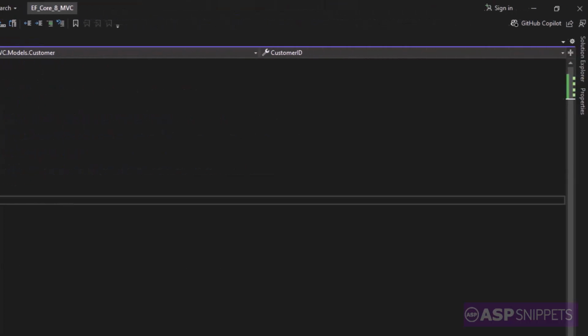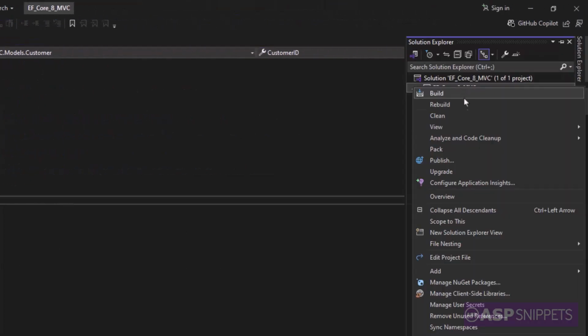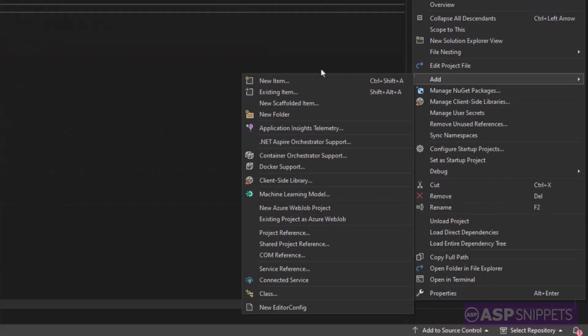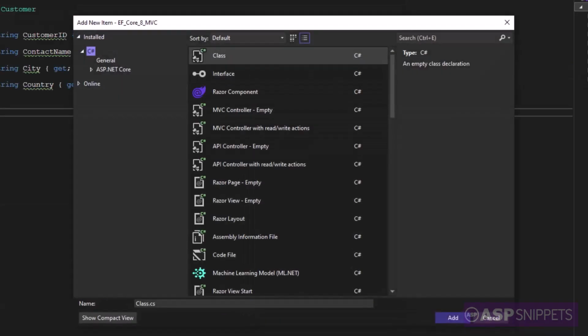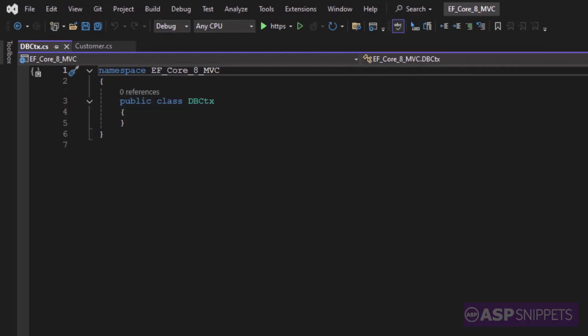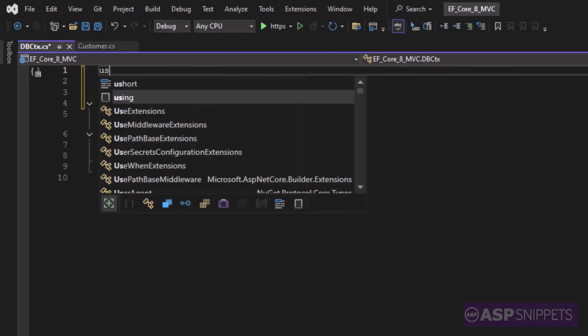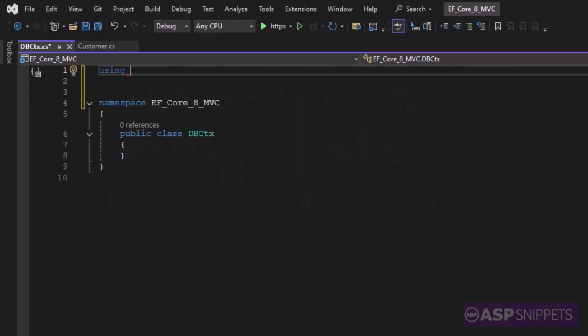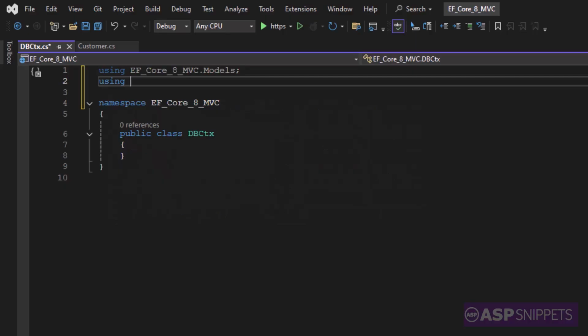Now we will add another class. It will be called database context. This is more like a business class. It will have all the functions required by Entity Framework. So here we'll begin with addition of namespaces. The very first namespace is of the model class, since we need to use the model class in this particular class. The next namespace is for Entity Framework,